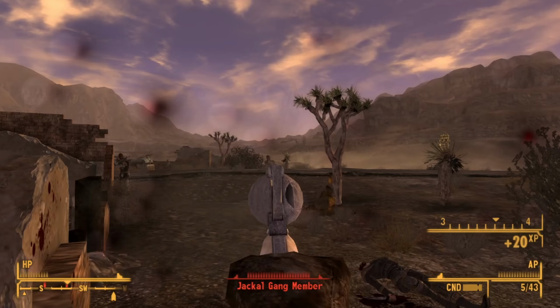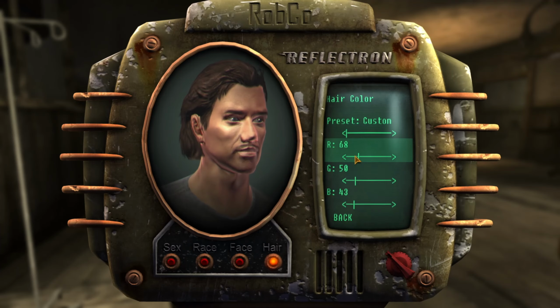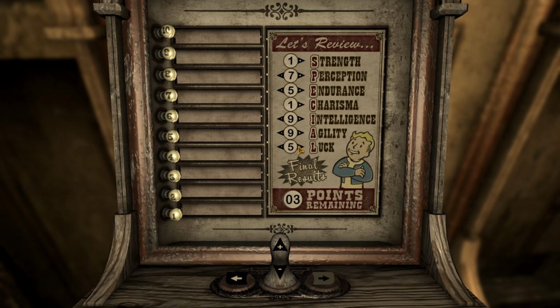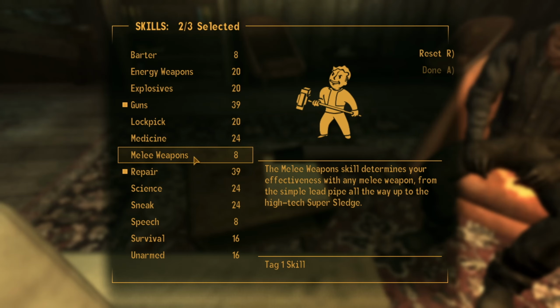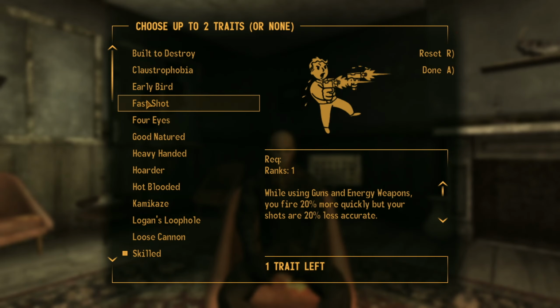Anyways, let's begin. I wake up in Doc Mitchell's house and name myself the Arizona Ranger. I make myself look like your standard gunslinger character, and for my SPECIAL, I put a 9 in intelligence and agility, an 8 in luck, a 7 in perception, a 5 in endurance, and a 1 in strength and charisma. For my tag skills, I take guns, repair, and medicine,